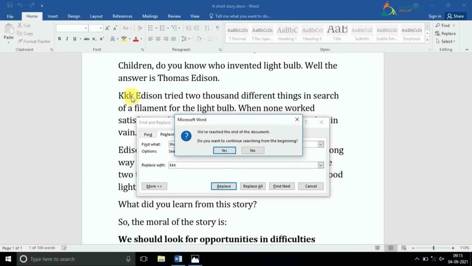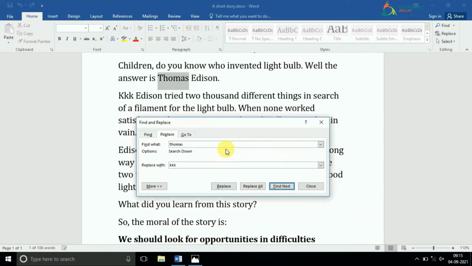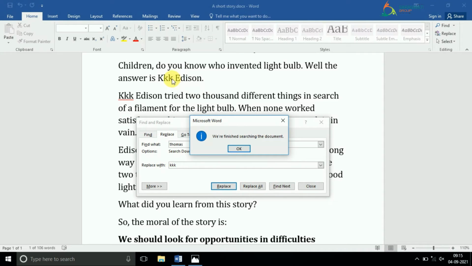So you will see that I clicked on replace only once, so where earlier there was Thomas, the name has changed. Then again you will get this box. What is that? We have reached the end of the document. Do you want to continue searching from the beginning? If you say yes, then you will see that here again there is a Thomas. So if I do replace again,